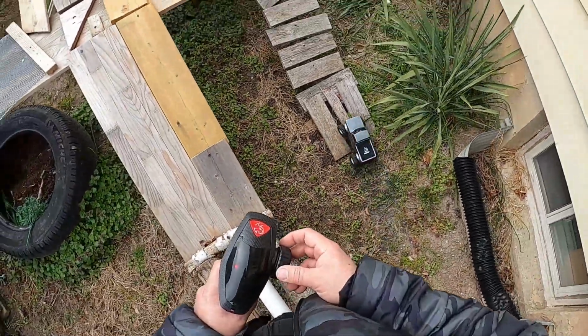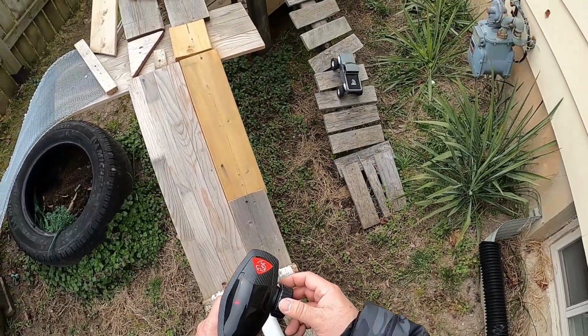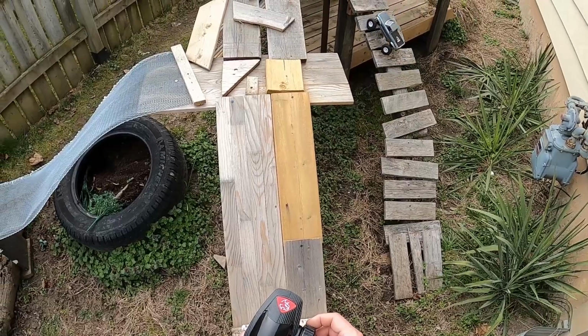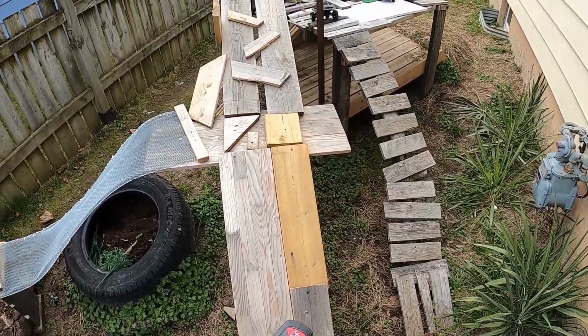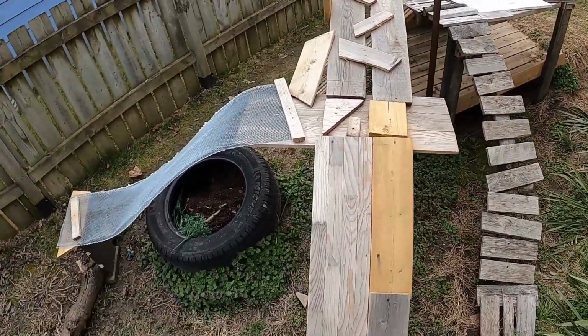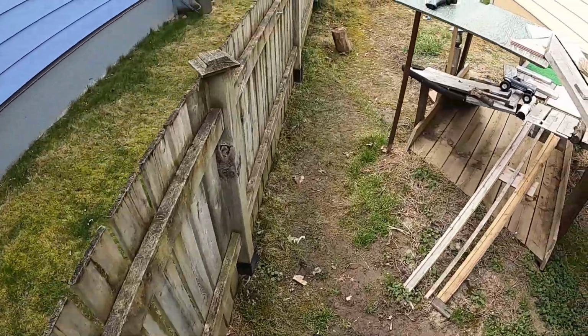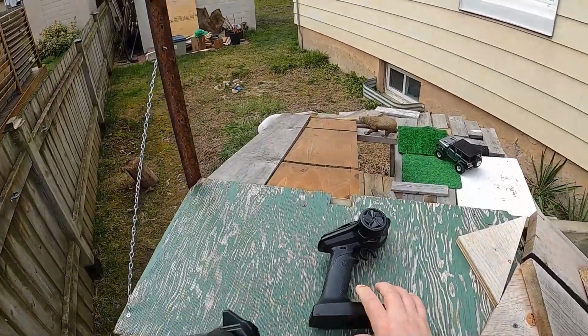Let's try that again. Come across, give it the juice, and up she goes and over. All right, now we'll take the AUSTAR and give it a try here, and this is where we're going to